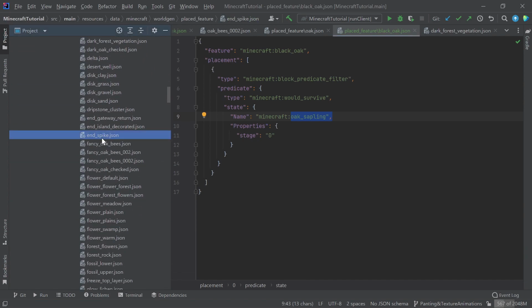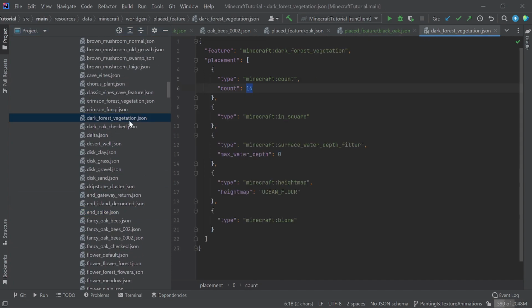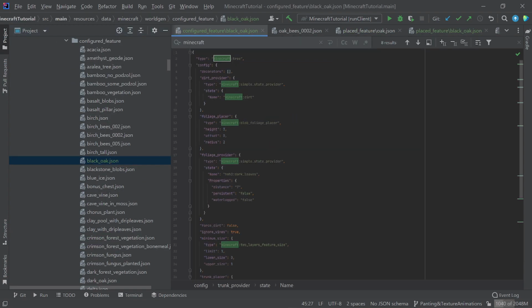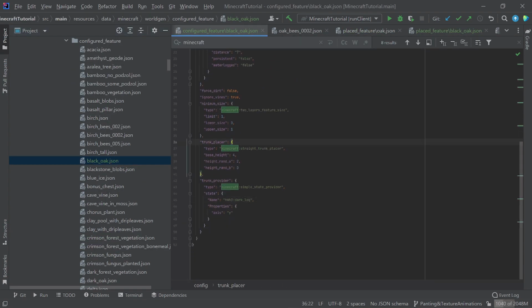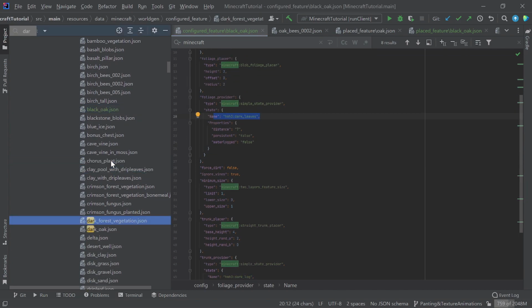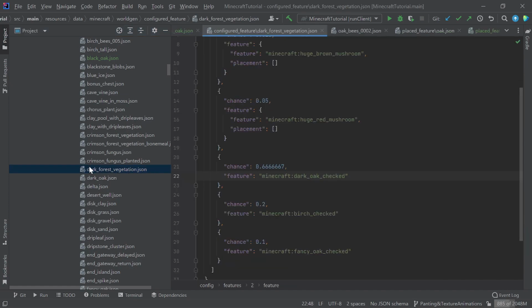So when we look up the dark forest vegetation, it's saying, coming from this feature, the dark forest vegetation, what pieces do you have from configured, and this is how we want to place them. Now, we don't want to add extra placing if we're just putting stuff in here. So if I go back up into configured, our black oak, these are the pieces, right? So we got the dark oak, and then we also have the dark leaves, and then if I go into the dark forest vegetation, and then we come into here,